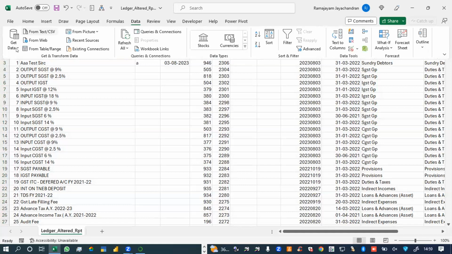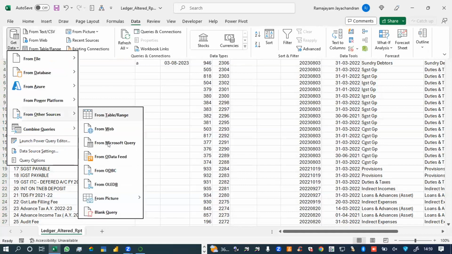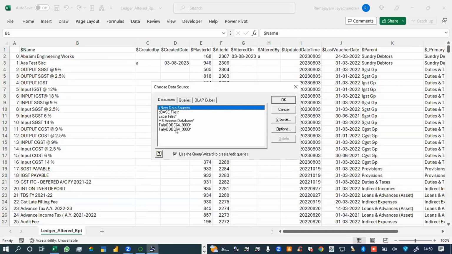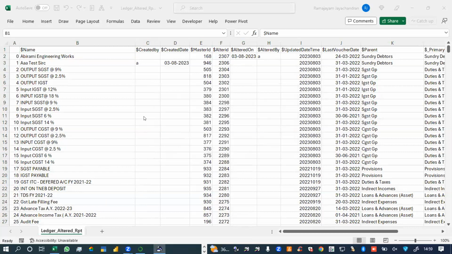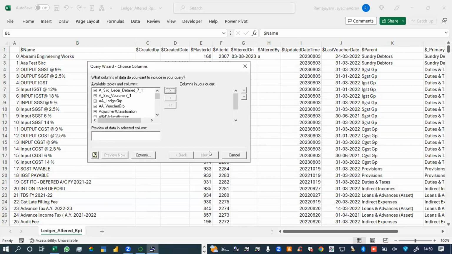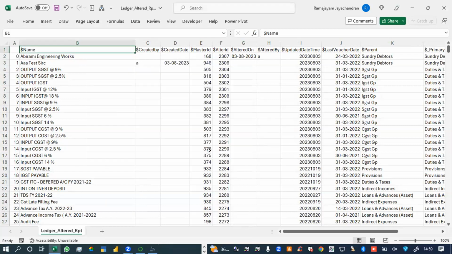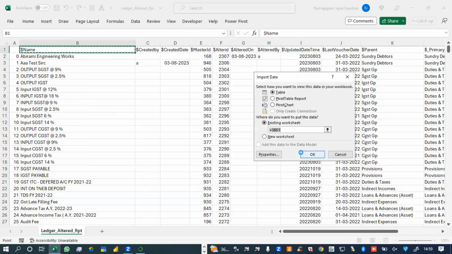Now, the next question you all will ask is that you can very well use Tally ODBC and take yesterday's data, all the data from the ledger table, and put it into a sheet.